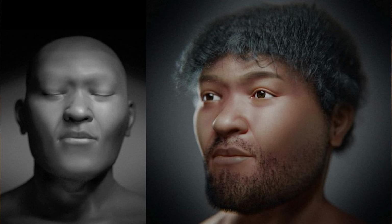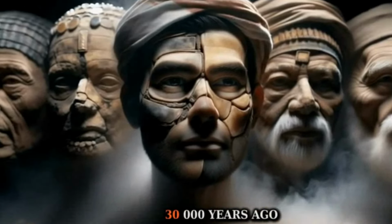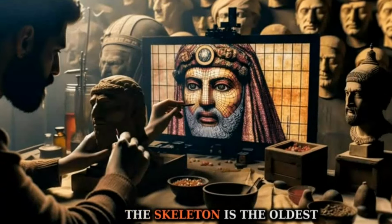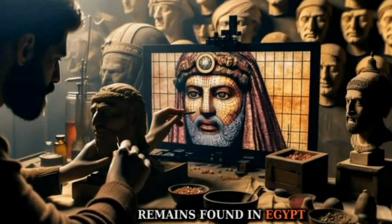45. Nazlet Khater 2 Man. Archaeologists unearthed a man's skeletal remains at Nazlet Khater 2, an archaeological site in Egypt's Nile Valley. Anthropological analysis revealed that he was between 17 and 29 years old when he died 30,000 years ago and was of African ancestry. The skeleton is the oldest example of Homo sapiens remains found in Egypt. Researchers used